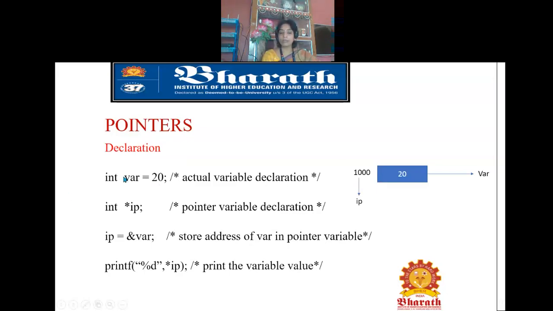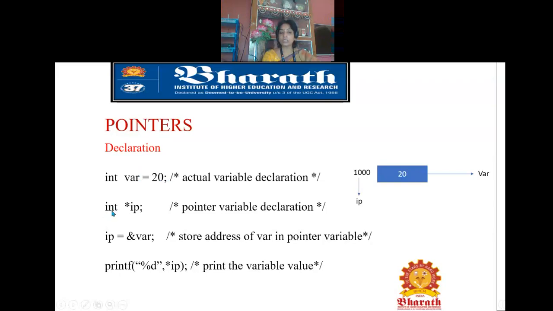So in the normal way we will declare a variable like this: int var is equal to 20, which means the value 20 is assigned to the variable var and it is of the type integer. This is a normal variable declaration. Now I am going to create a pointer to this variable.